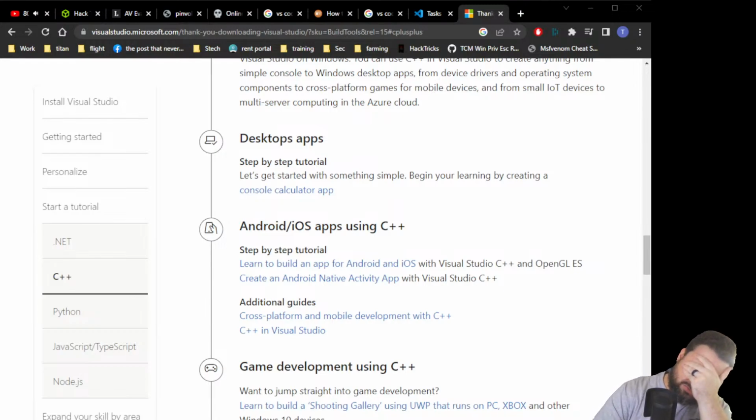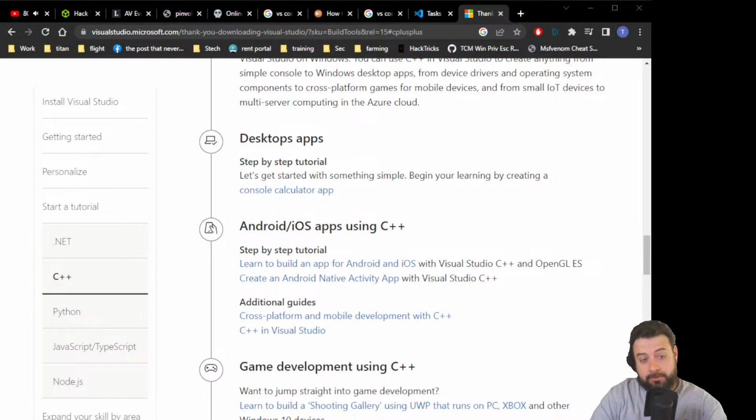That's a 15 gig download to install the tools. Well, I guess this will be continued later once I figure out how to run